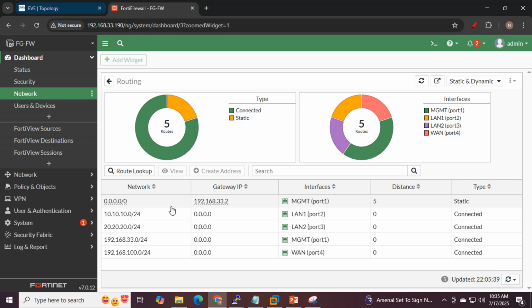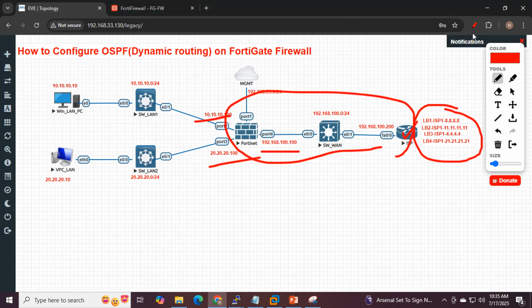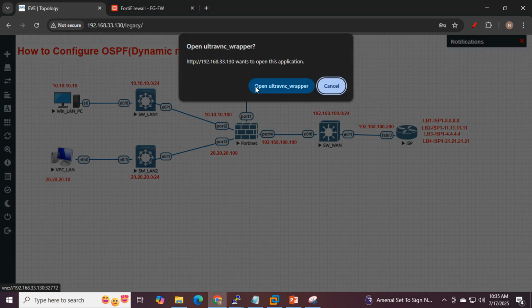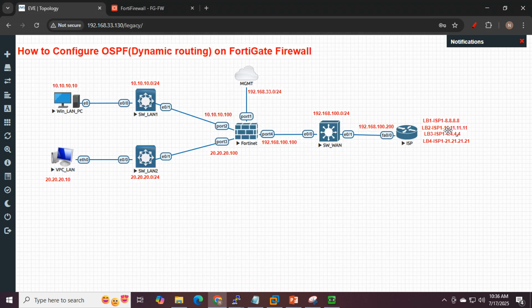So let's do one thing. I'm going on our ISP. Let me just show you one more thing. Let me try to generate some traffic. We'll see whether we are able to reach these ISP subnets from our local PC, and then we'll move on